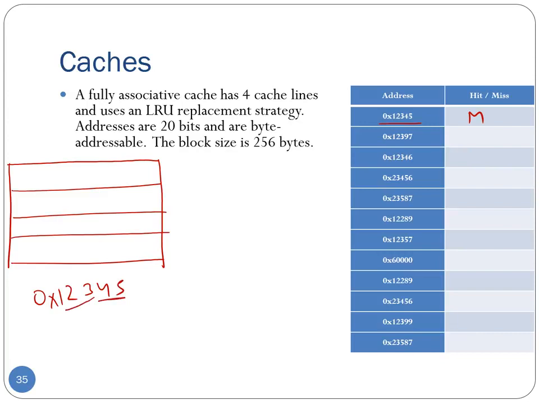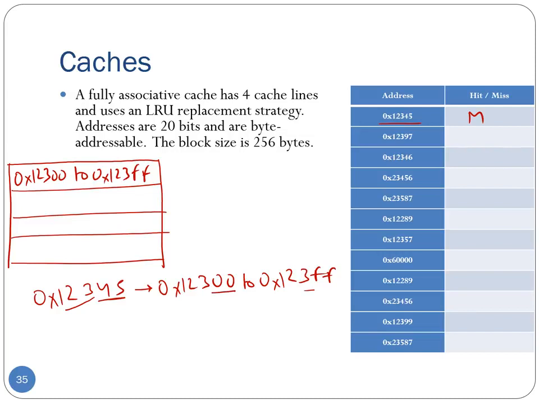So in response to this miss, we'll bring in everything in the range hexadecimal 12300 to hexadecimal 123FF. So let's assume that all of that goes into the top line over here, right? So here we'll have hexadecimal 12300 to hexadecimal 123FF. Notice that the reason we are getting everything from 00 to FF is this least